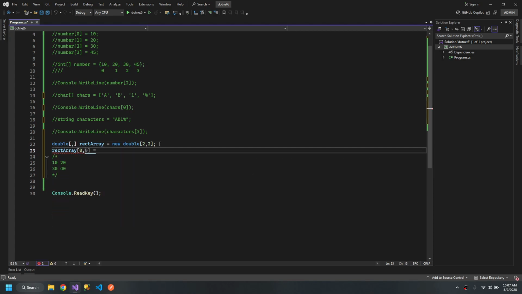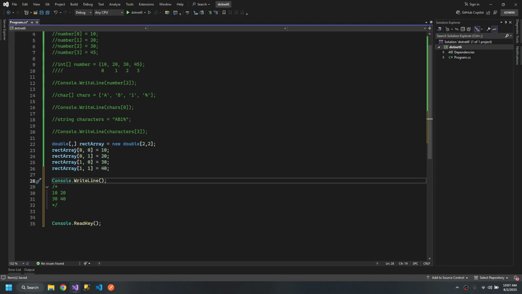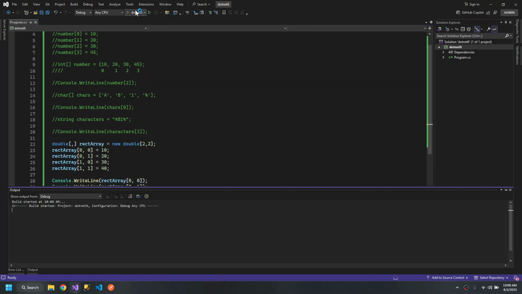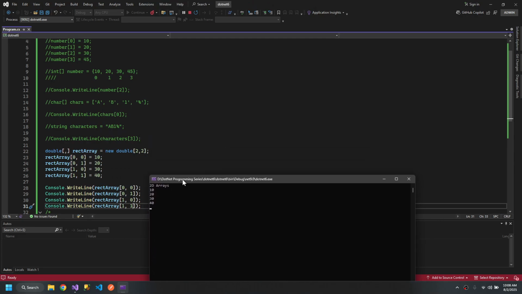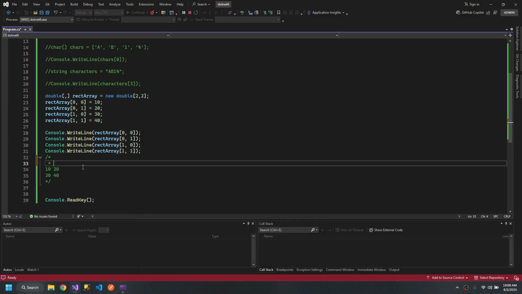So inside 0, comma 0, I want to store 10. Likewise, so this is gonna be the way to assign values to a rectangular array. Let's do CW and find out. So you can see the values 10, 20, 30, and 40. So this 10 is stored at 0, 0, while this 20 is stored in 0, comma 1. So this index would be called 0, comma 1 because